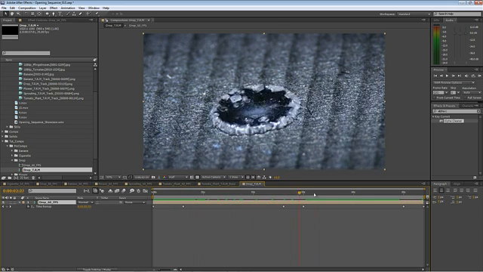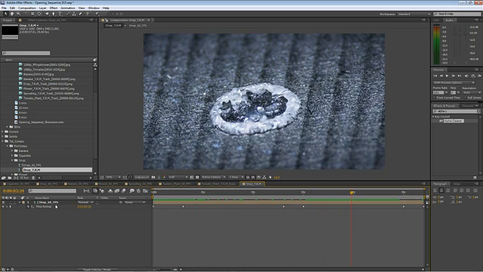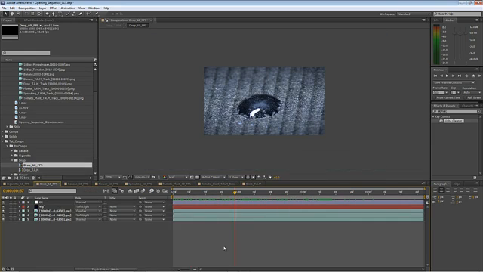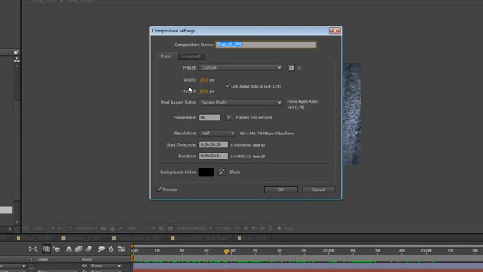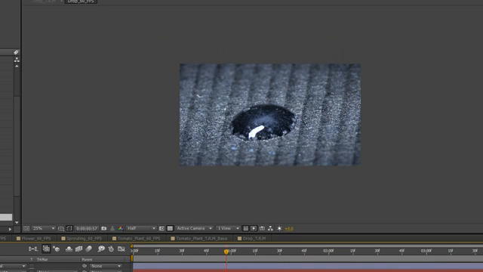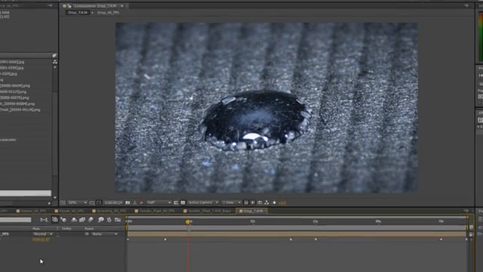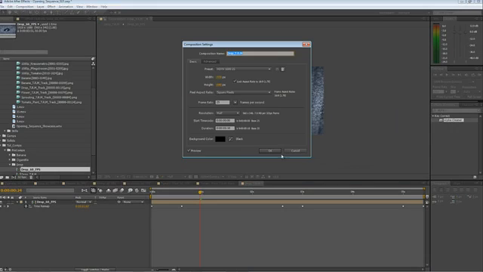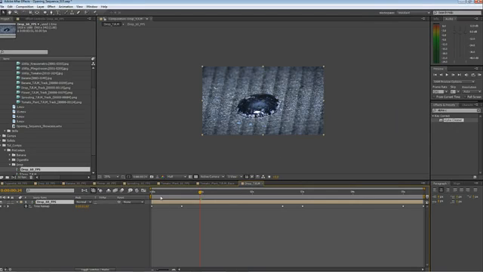To get the most out of your time remapping, we need to go back to the original composition. Go into Composition Settings, Control K, and in the Advanced tab, we have an option to preserve frame rate when nested or in render queue. So we'll mark it,